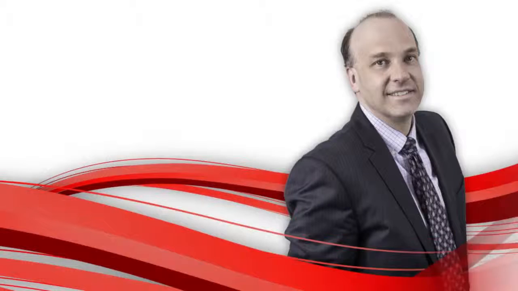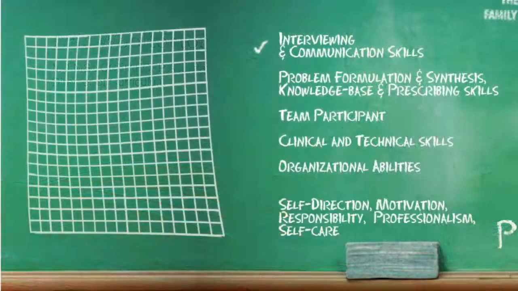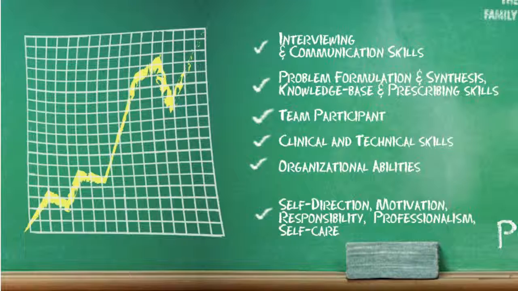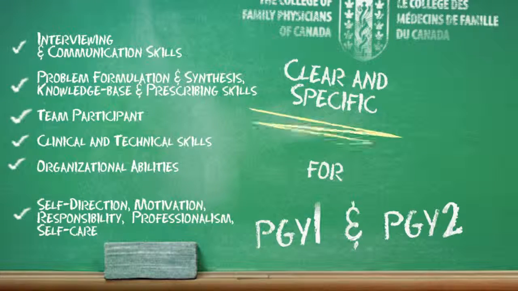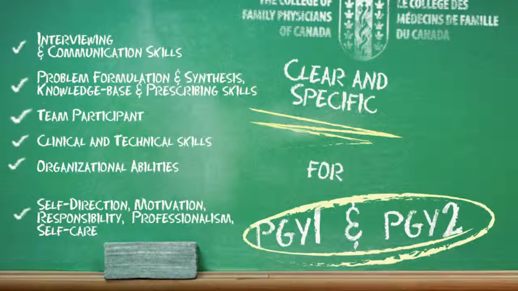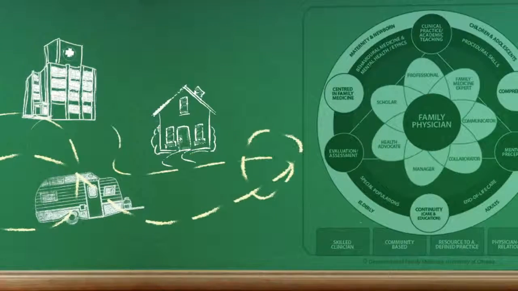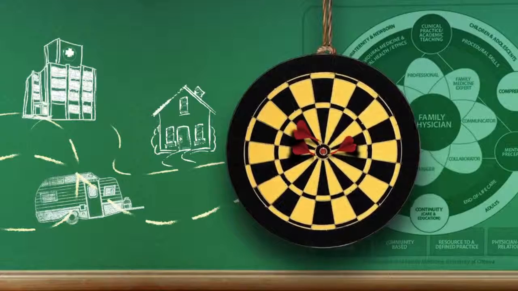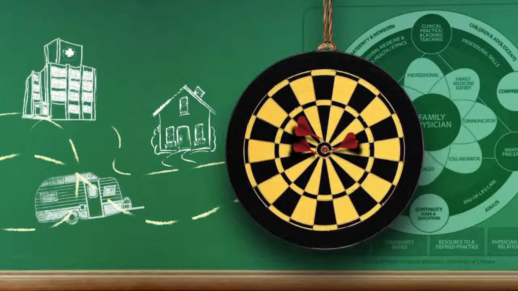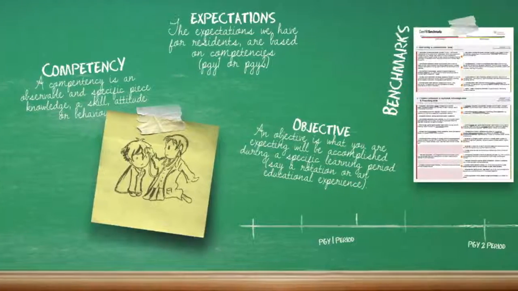As teachers or learners in family medicine, you've been asking us to help define clear expectations in order to better guide learning and assessment. In fact, the College of Family Physicians requires us to have clear and specific objectives for residents in both years. These objectives must be consistent throughout the Department of Family Medicine, despite the varied training environments. All residents need to target the same endpoints, but we understand that how a resident gets there will vary slightly from environment to environment. Let's talk terms.